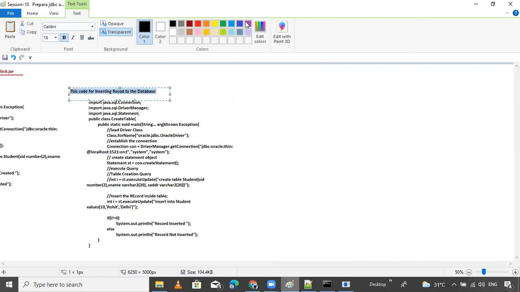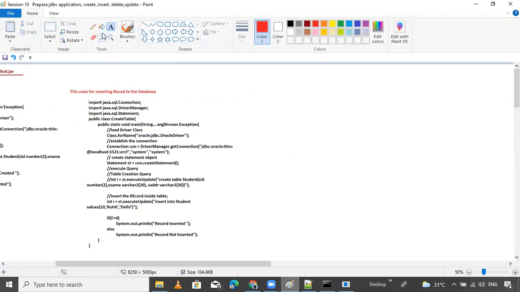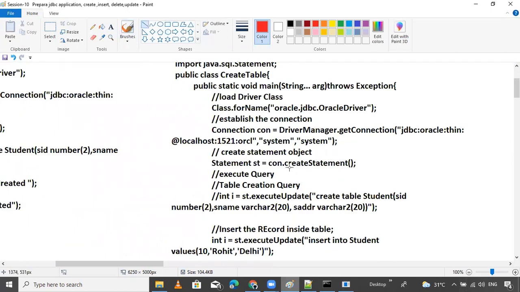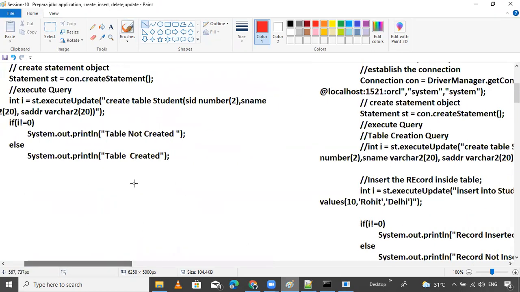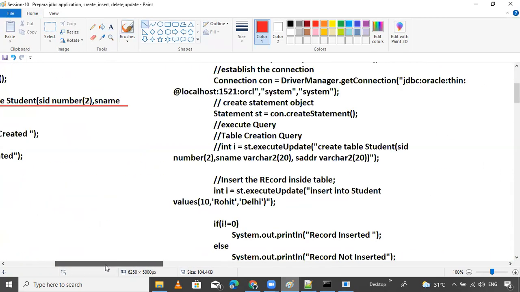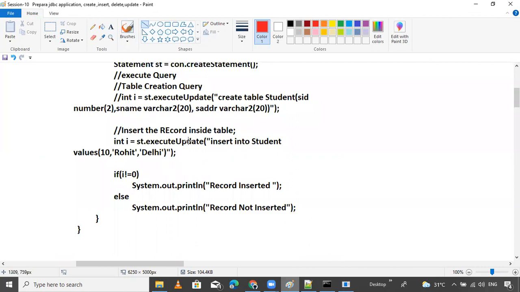Okay, so now red is the color. I highlighted this line. This line is for creating the tables, so it is not required.